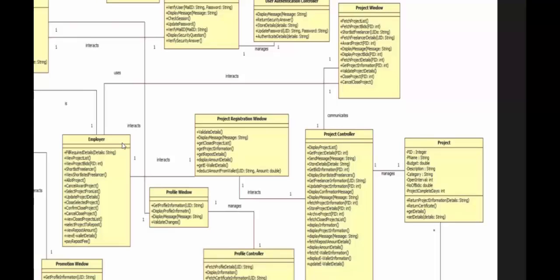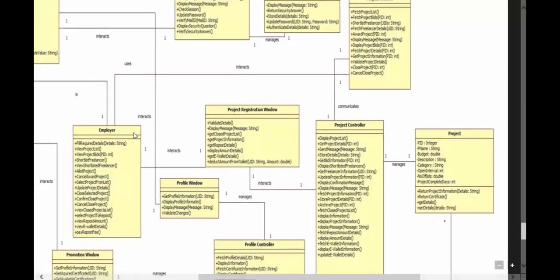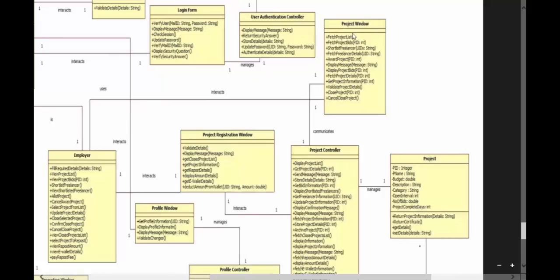The employer, in order to manage his or her posted project, can award a project to a freelancer, update the project details, close a particular project, or repost a closed project. In order to do so, the employer talks with the project window.